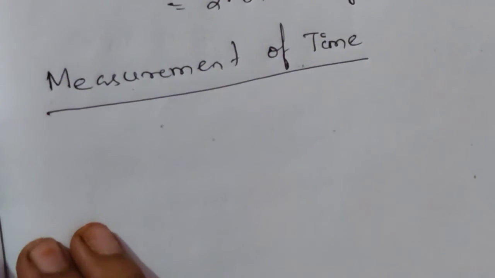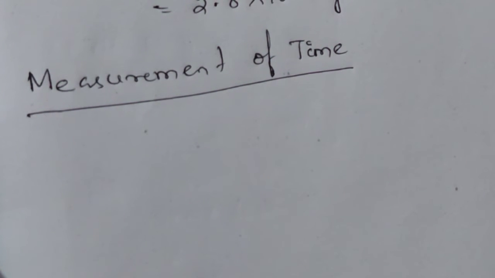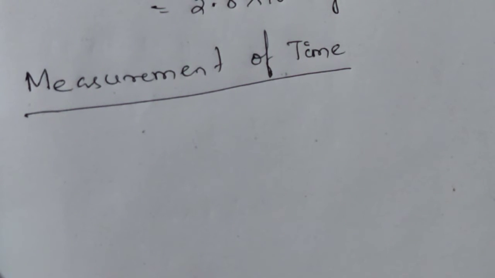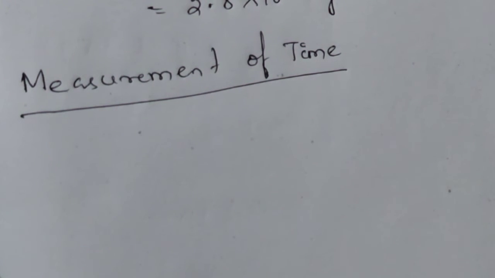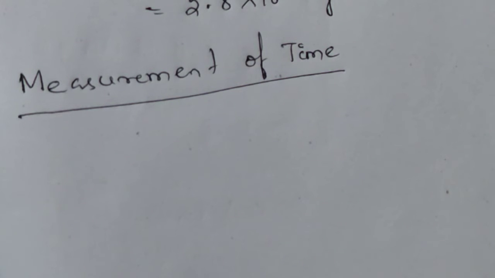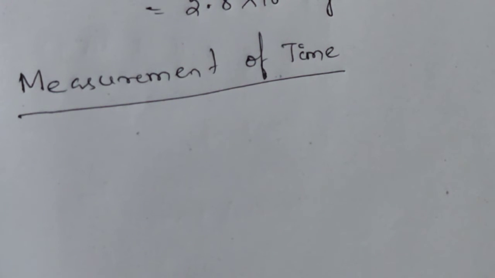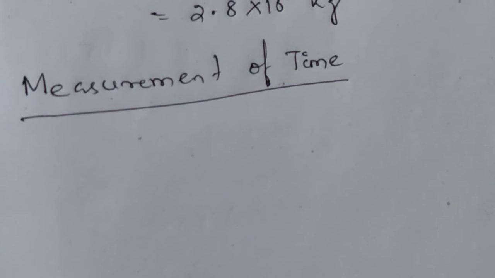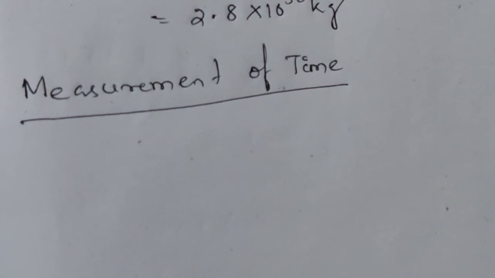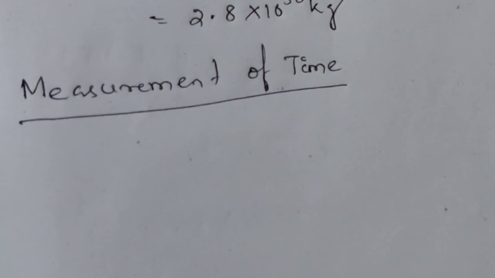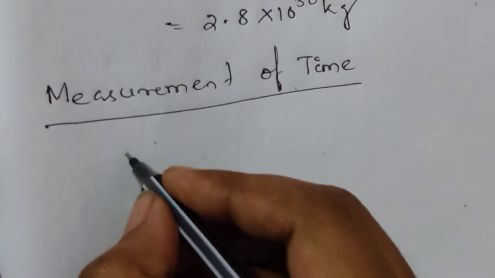Okay, so yes, we know that time is a fundamental quantity, and we can see that a clock reads it, right? So there is nothing specific for the measurement of time at the initial stage. So an atomic standard of time is used for the measurement of time, which is based on the periodic vibrations produced in the cesium atom. Getting my point?